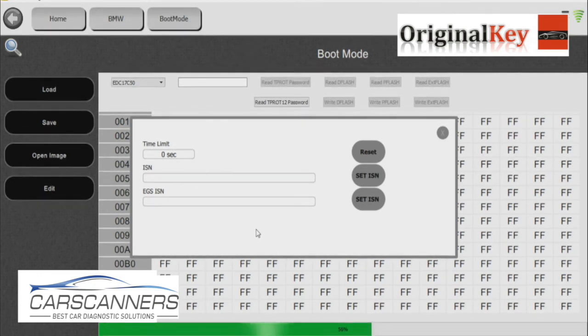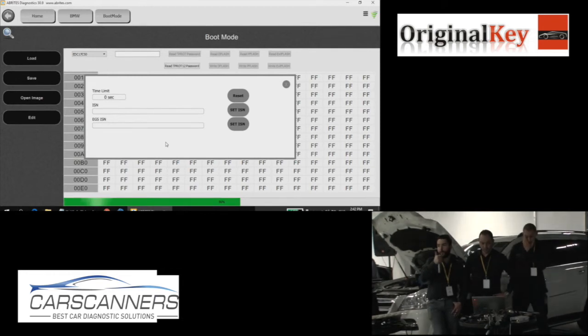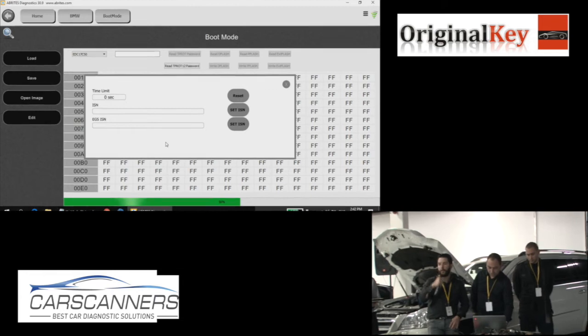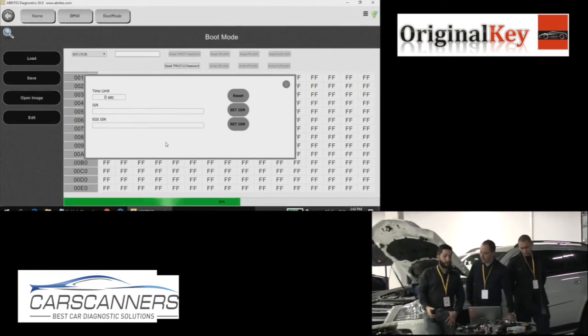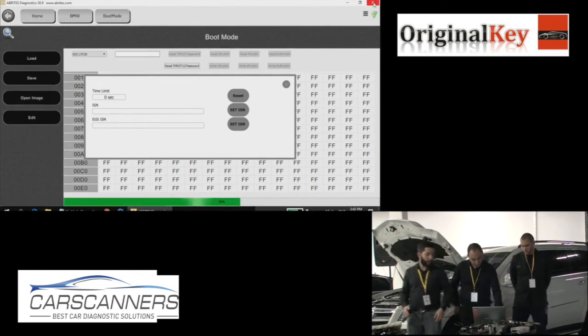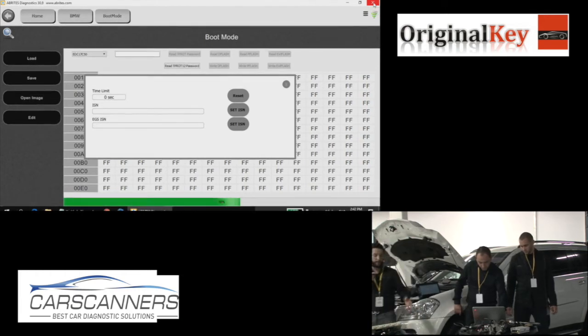We can also change them or edit them in that sense. That's why they're in this menu, and save them or write them to the CAS, to the FEM. We're going to start the procedure afterwards again to try and read it,